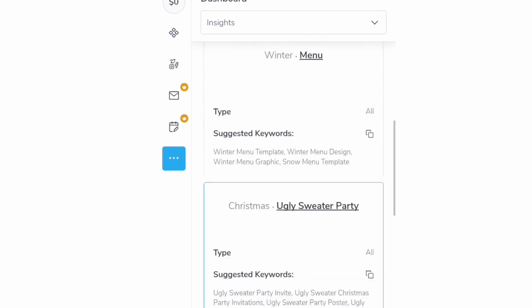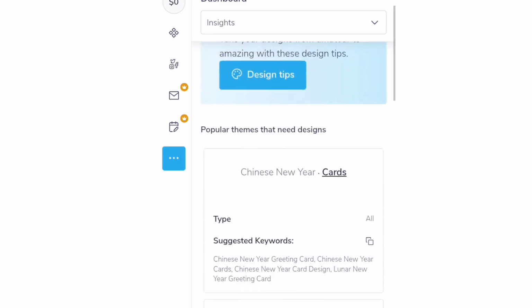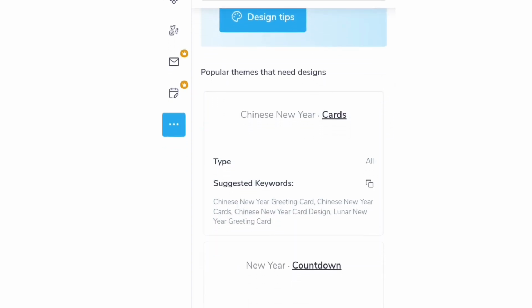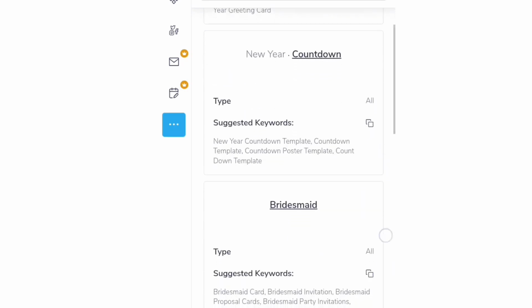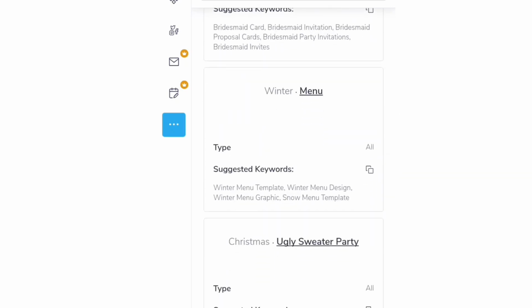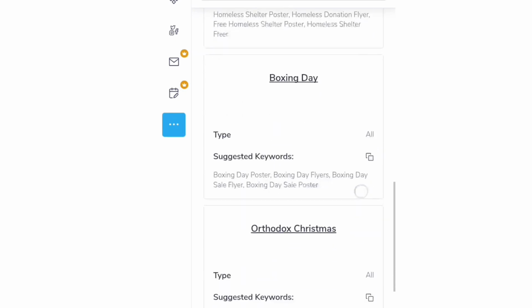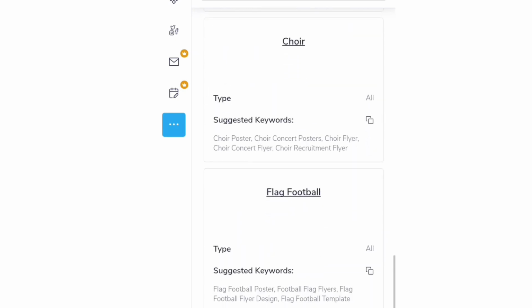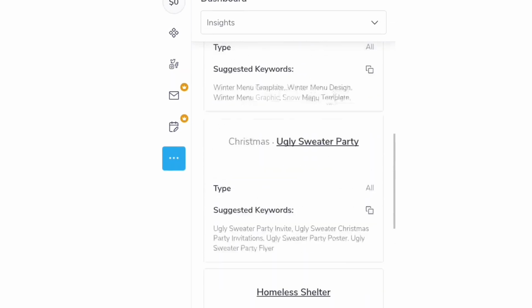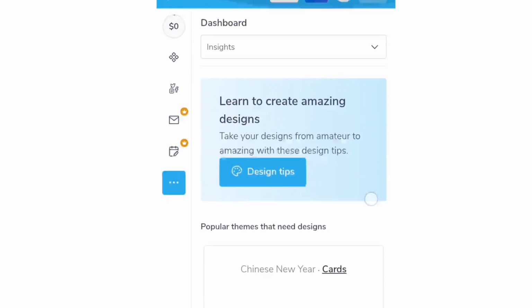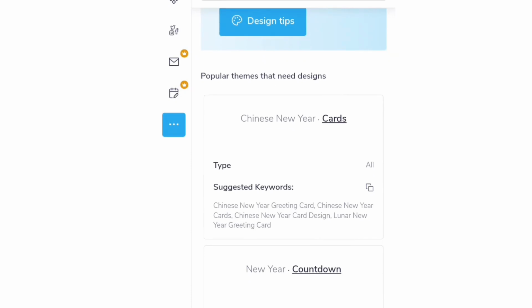And as I told you, Postermywall will always keep you updated on what their customers and users are looking for. So they're looking for Chinese New Year cards, New Year countdowns, bridesmaid, winter menu, Christmas, ugly sweater party, and so on, homeless shelter, Boxing Day. So these are all the topics on which you can create templates, greeting cards. It's an occasion, you can create a greeting card and so on. So in this video I'm creating another Chinese New Year card, so I will click it,